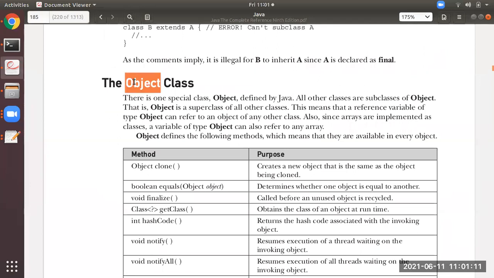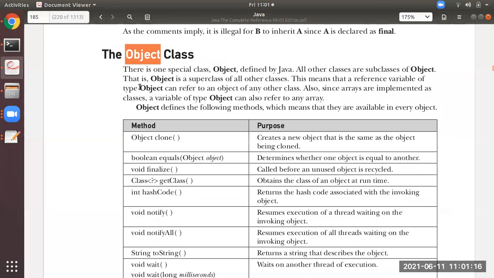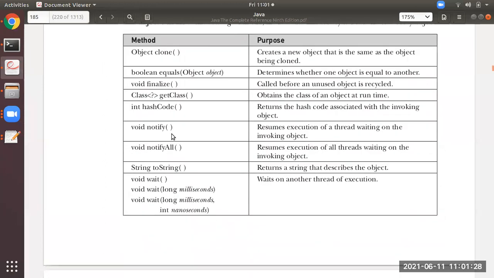Then after that, students, this is the Object class. This is a predefined class available in Java. It is not needed for you to understand in detail. Just try to remember Object is a class, like there are other predefined classes also in Java. This class has many methods: clone, equals, finalize, getClass, hashCode. I have explained about the finalize method, which is invoked before the garbage collector runs. Apart from that, notifyAll, and toString are a few of the methods.